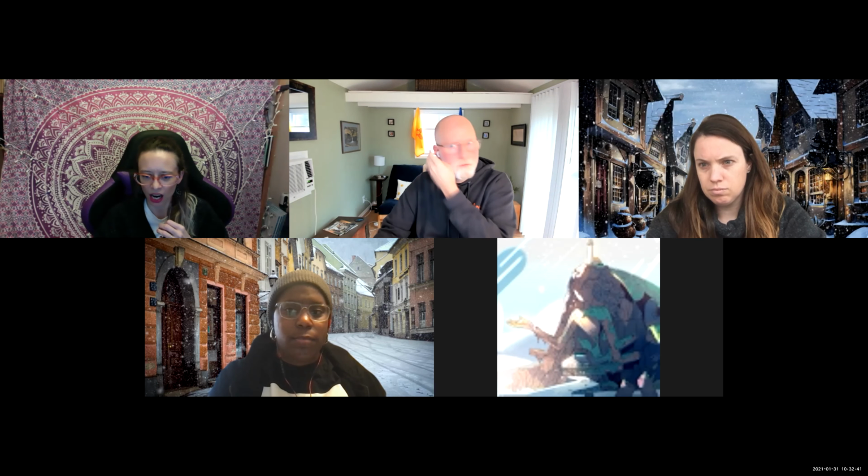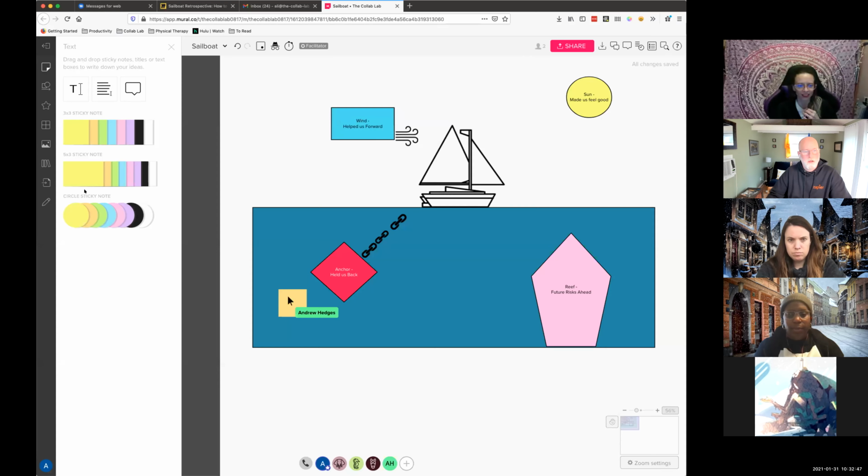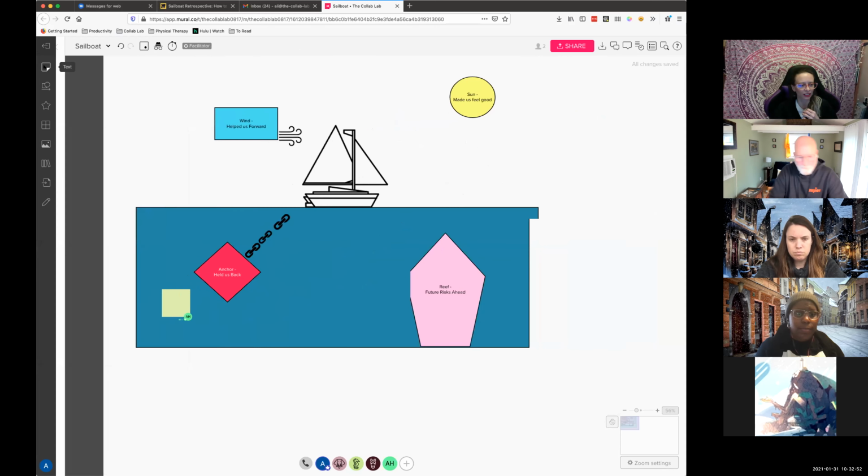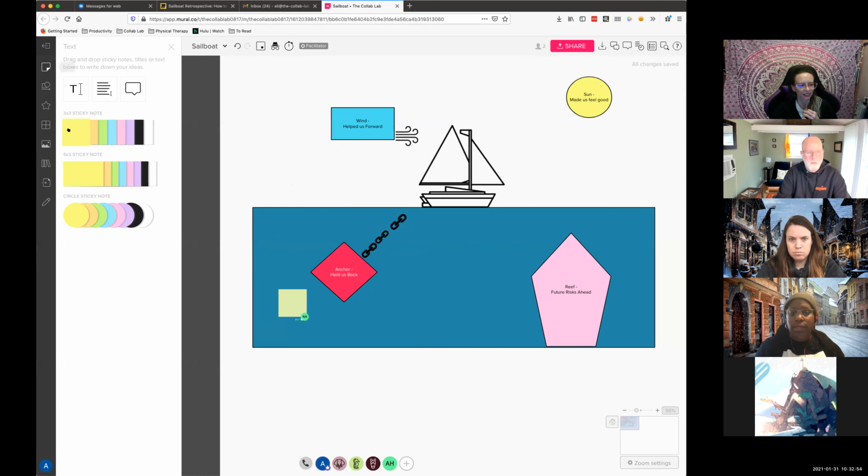How do we add cards again? Oh, yeah. On the left-hand side there's a toolbar, and there's one that says text, but it looks like a sticky note. If you click on that, it'll pop open a thing, and you can drag stickies onto the scene. Did you find it, Devon? Hold on. I pressed on the M. It's this thing over here. And then you can just drag a sticky note over.